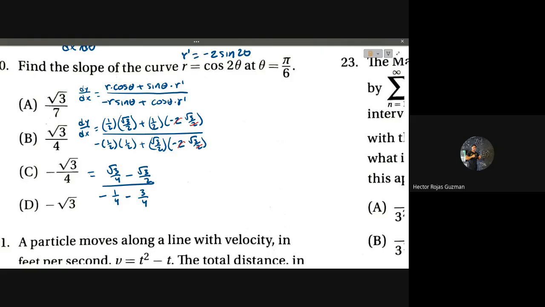Hey, maybe I shouldn't have canceled these 2's over here, because I'm going to have to get a common denominator. Let me backtrace. This was negative 2 square root of 3 over 2. And without simplifying anything out right there, let me just see that it's going to be 2 root 3 over 4, because now I have common denominators. This gives me negative root 3 over 4 divided by negative,